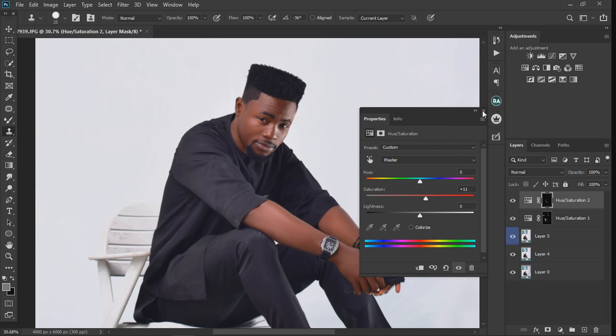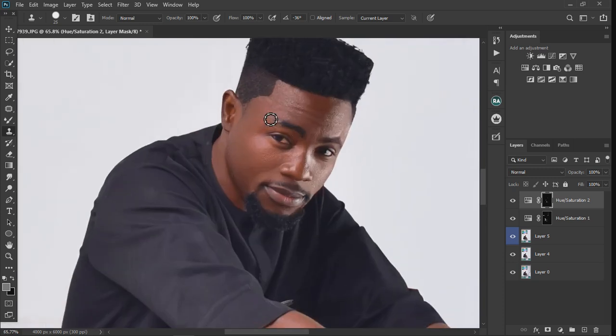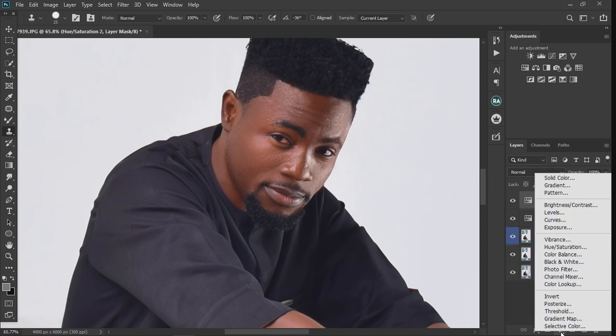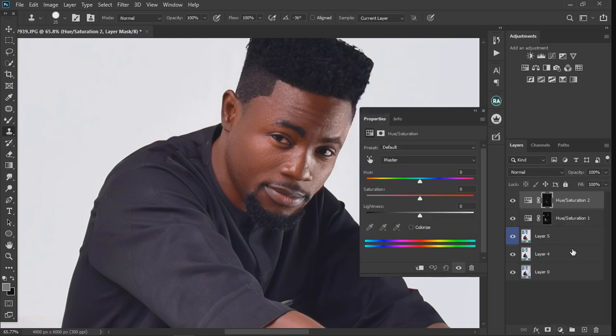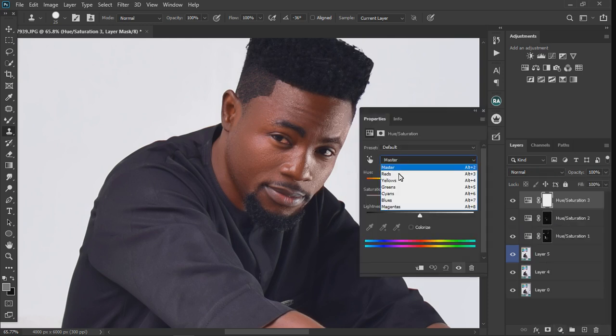So we look before and after. All right, how about the eyes? Of course, we know what to do with the eyes. Go ahead, go to hue and saturation, decrease the red, decrease the yellow,